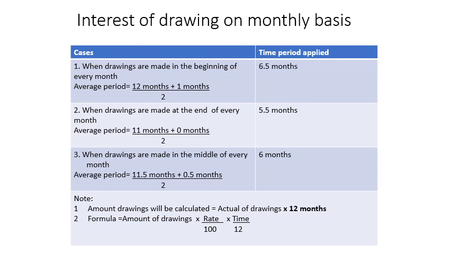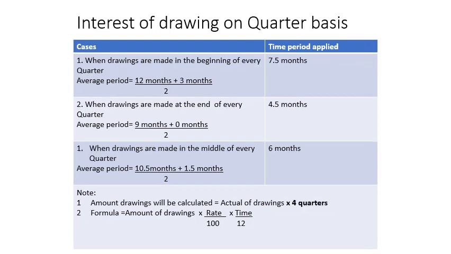Now I am moving to the next, related to the quarterly basis. For the quarterly basis, generally we have 12 months and one quarter is 1/4, meaning a 3 months period. So I have taken 1st January to the 31st December. When 12 months is divided by 4, then the 3 months period will start from 1st January to the 31st March.